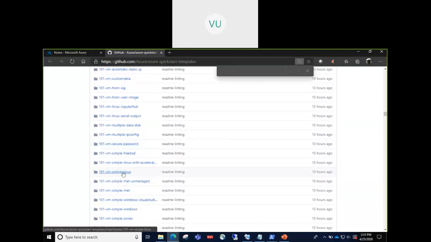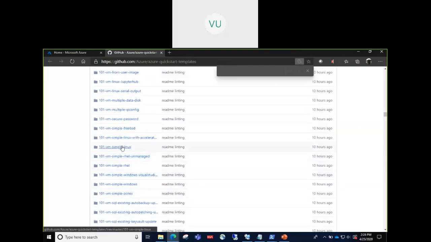Yeah, VM simple Linux. So you can create a simple Linux VM here. You can create a Red Hat Enterprise Linux VM here using this template.